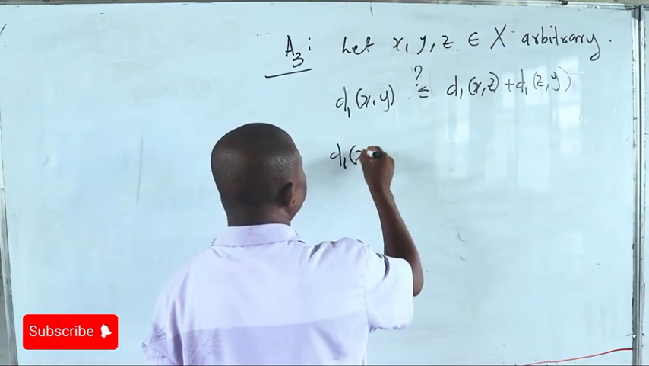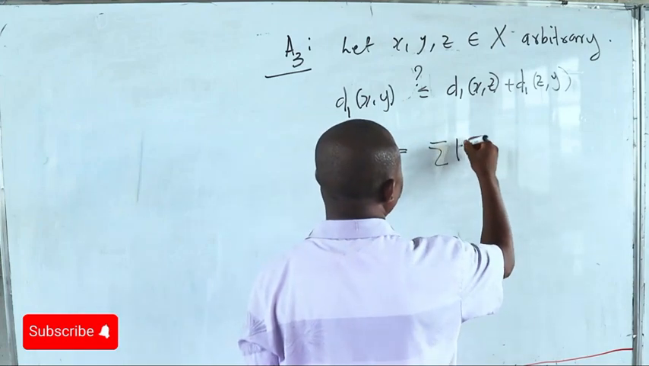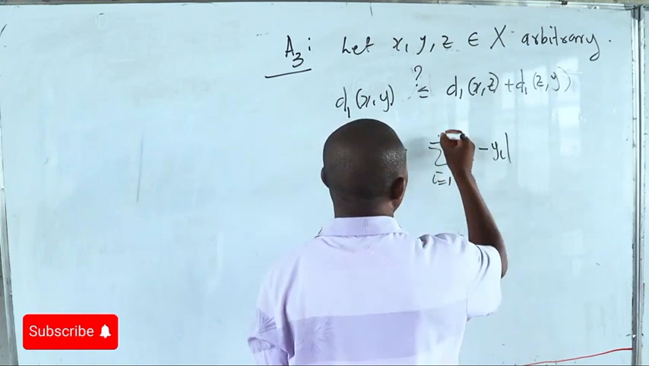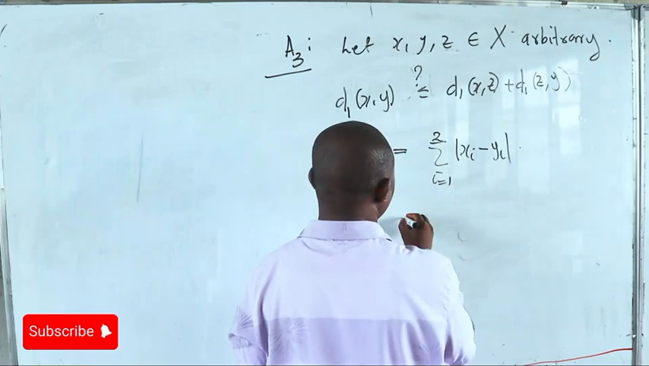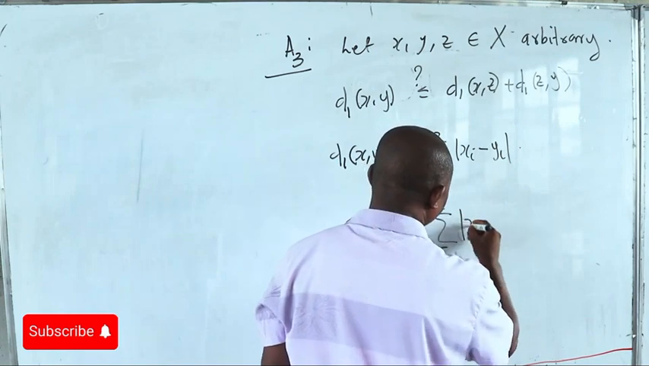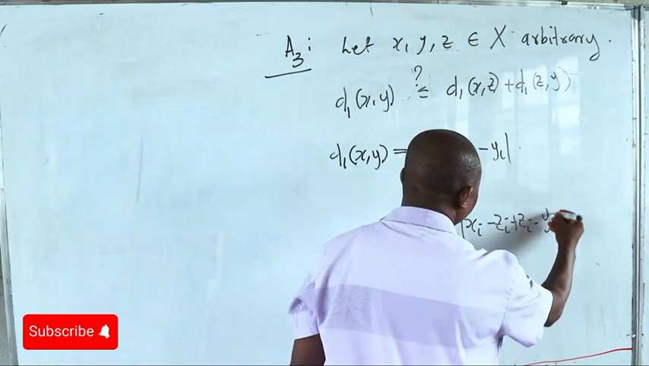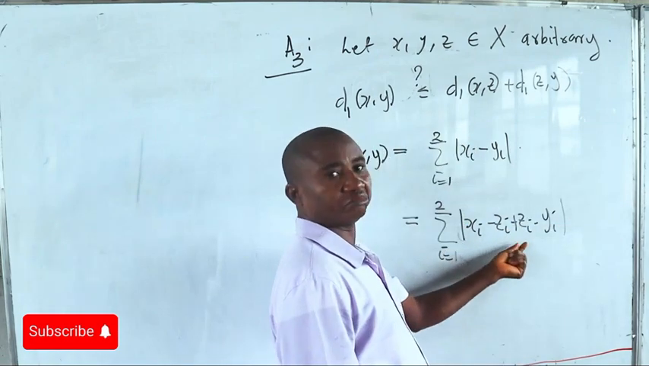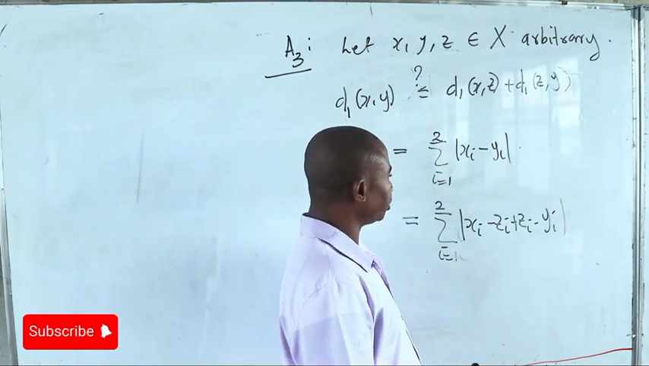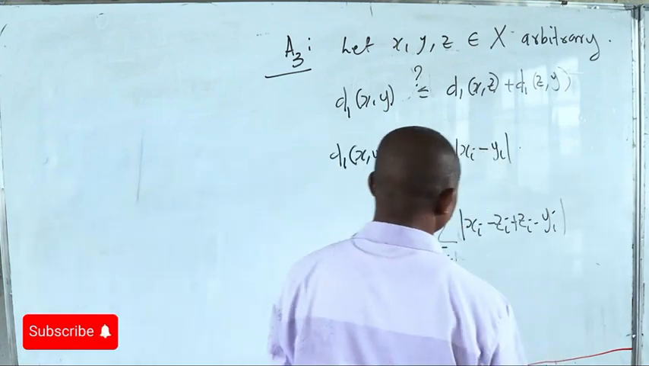If we compute d1 of x comma y, by definition this is the sum of the absolute value of xi minus yi, i from 1 to 2. We can write this as summation i from 1 to 2, absolute value of xi minus zi plus zi minus yi. Please be guided that all these variables are dummies, so you are free to choose any of the letters of the alphabet to stand for your elements. Okay? So with this now,